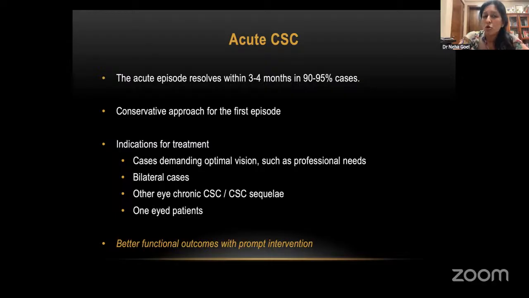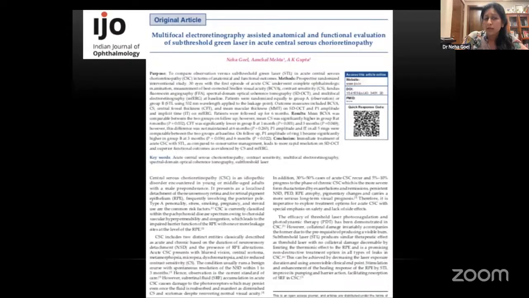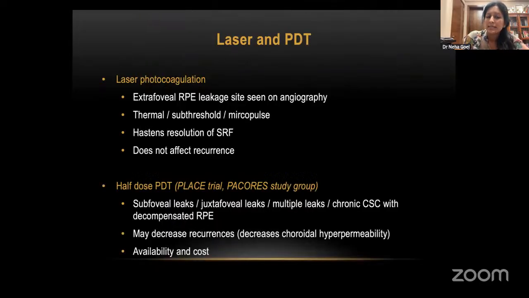So we are not just talking about the recovery on OCT or the visual recovery, but we've ourselves looked at contrast sensitivity and multifocal ERG in patients with acute CSC treated immediately or conventionally after 3 months. And we've seen better contrast and better waveforms on multifocal ERG at the end of the follow-up, which was around 6 months. So laser and PDT of course is not available, but laser is the option for extrafoveal leaks,